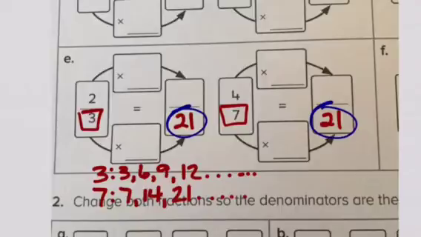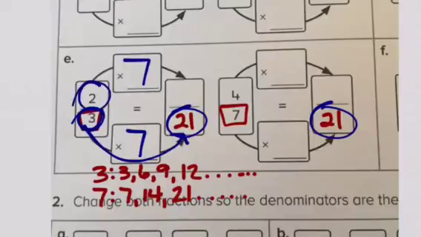All right, so let's go back here. So I have thirds, and now I know I want to turn them into 21sts, right? So, well, how do I do that? Well, according to my chart, I know that 3 times 7 is 21. So what I do on the bottom, I have to do on the top. So now my 2 is no longer 2. I've made that equivalent